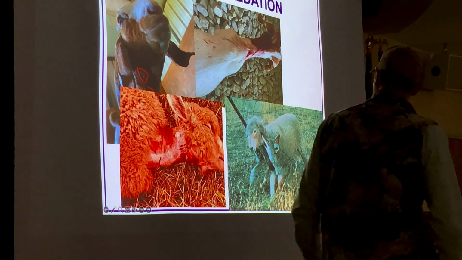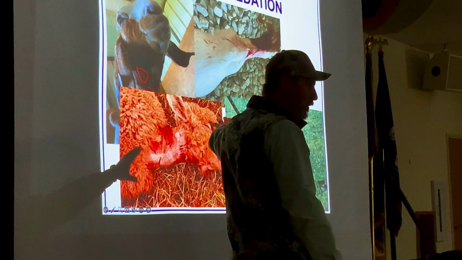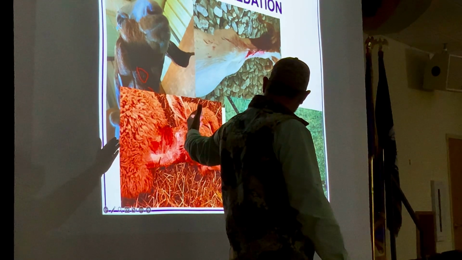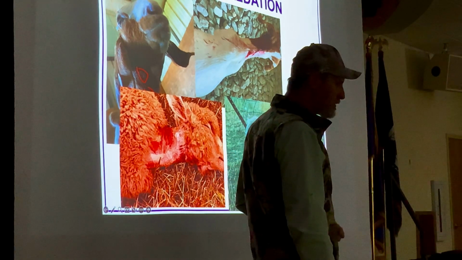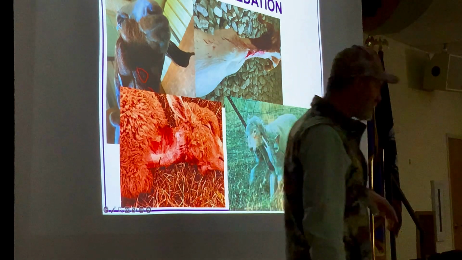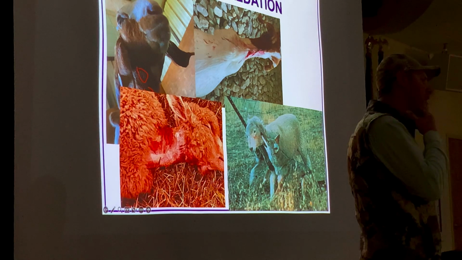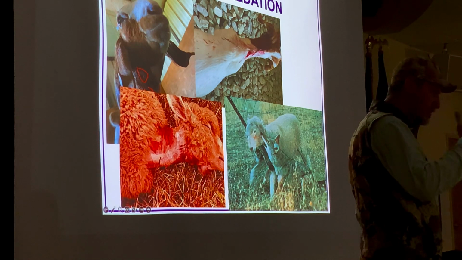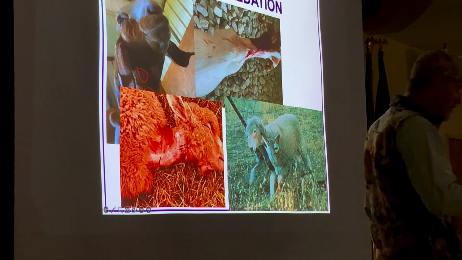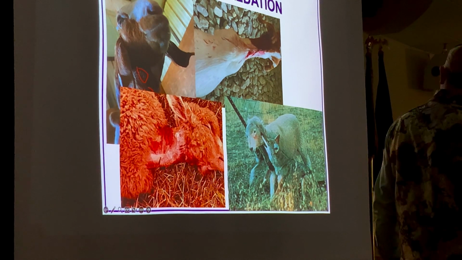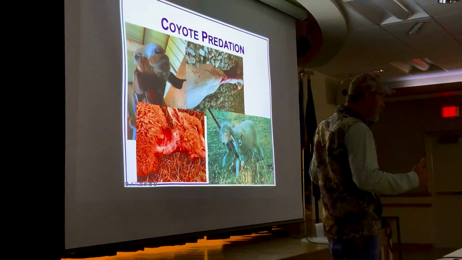And then again, if we skin that back, we see either pooling blood or what would look like bruising underneath the skin if it's an older carcass. And you do have to be careful with that, because on that steer that I skinned back, you could see that there were some dark areas in there. Decomposition does that too. So you're really looking for blood, not just darker meat, when you skin them back like that.